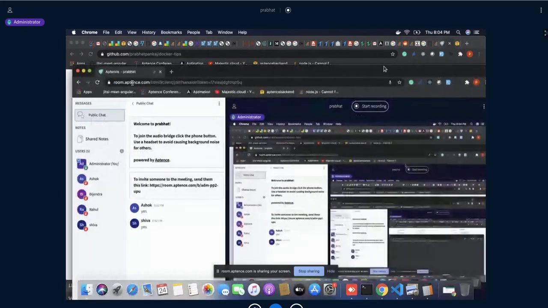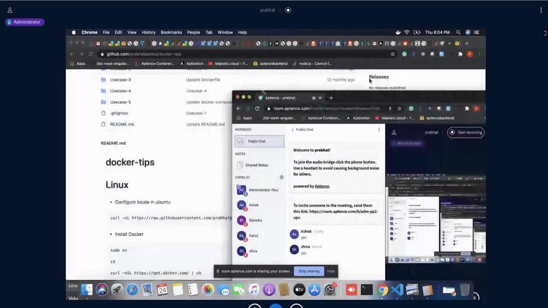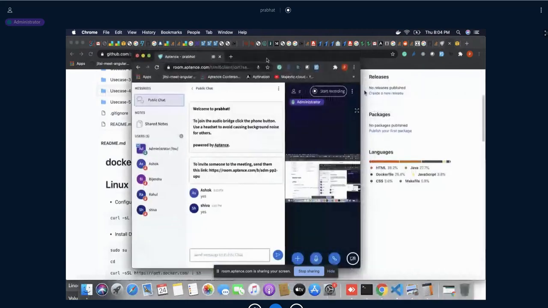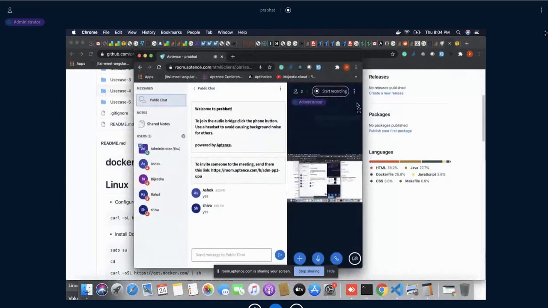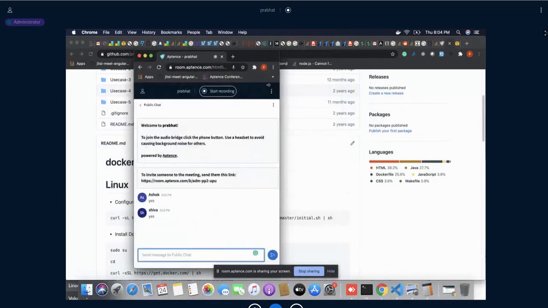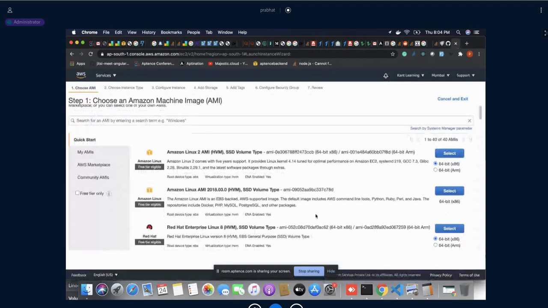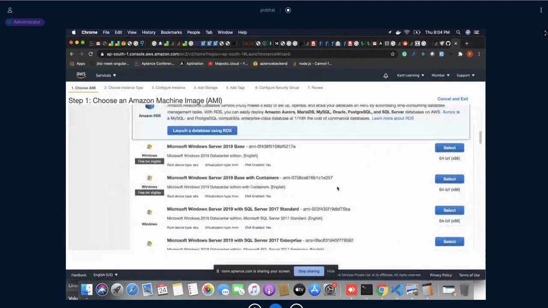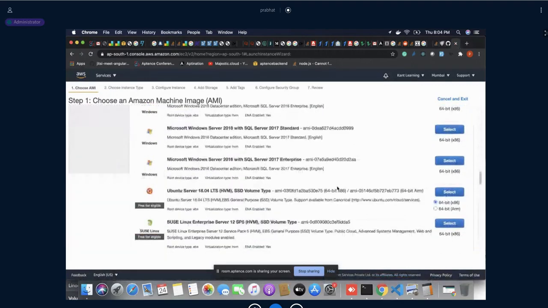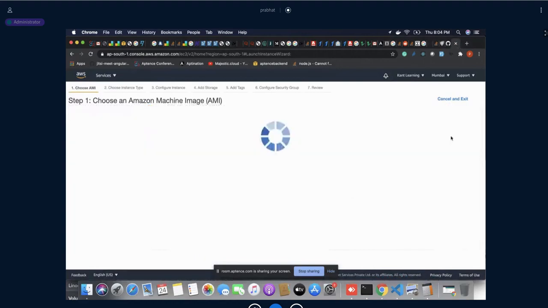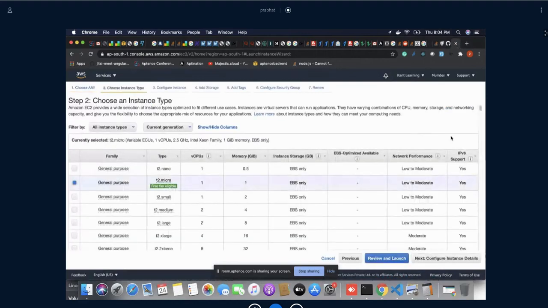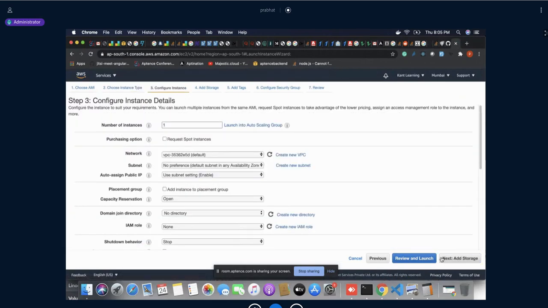18.04 EC2 instance, because we may need it for this lab. T2 micro would be more than sufficient for this lab.